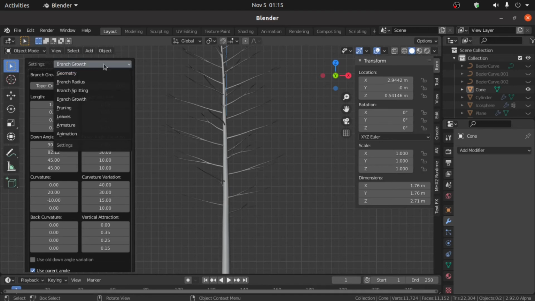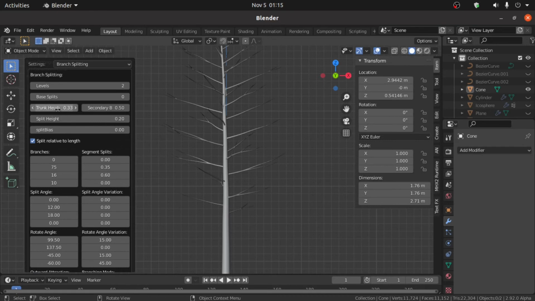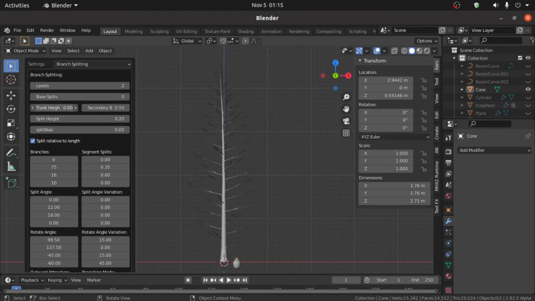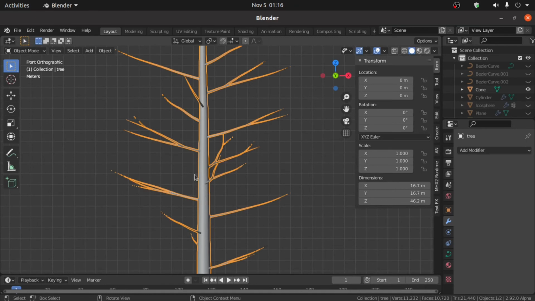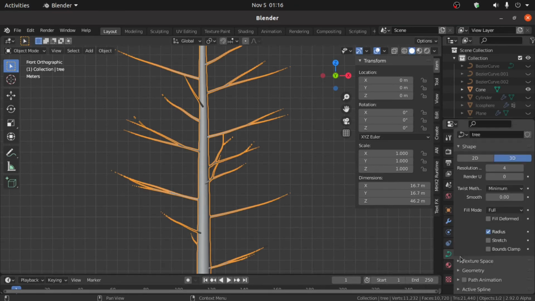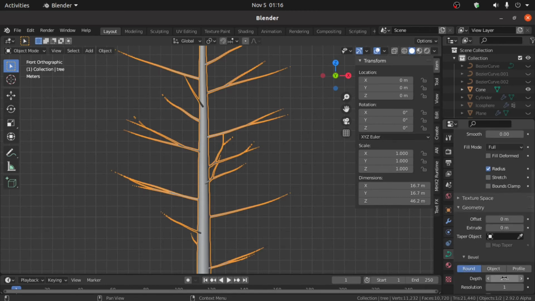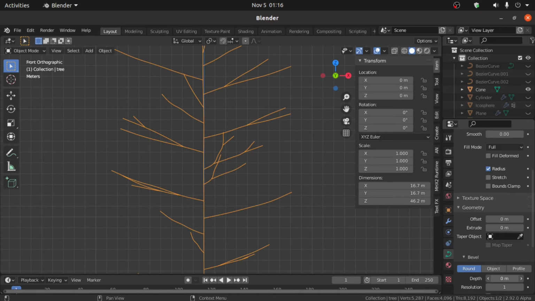Click on this arrow and select branch splitting and also change its trunk height something like this. Now you can also play with this value. Now select this, then click on this object data properties and under this geometry, under this bevel, change its depth value.